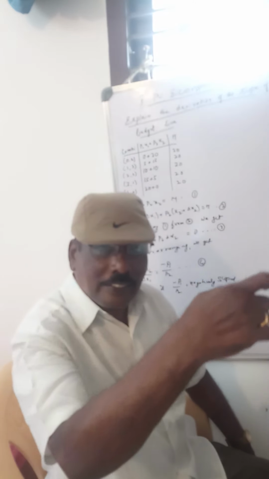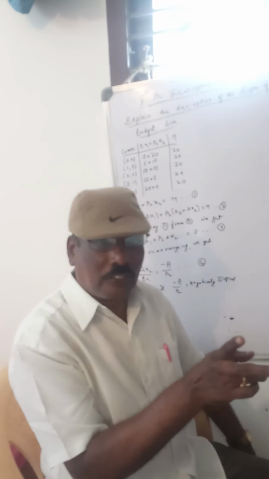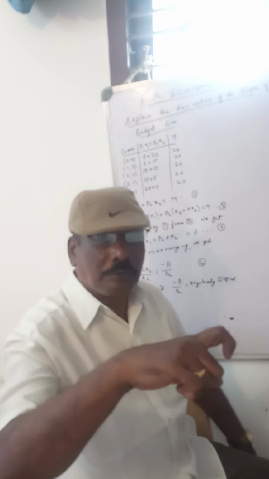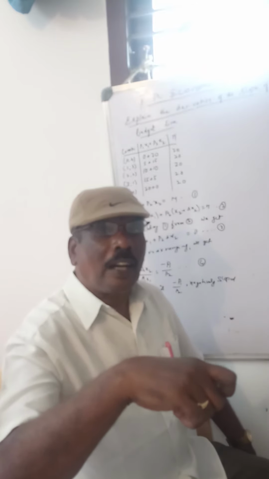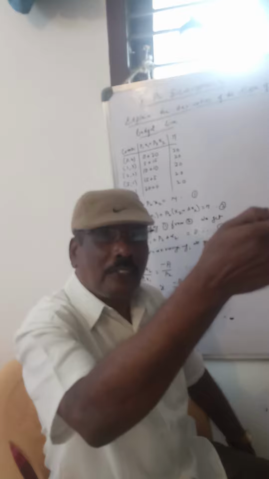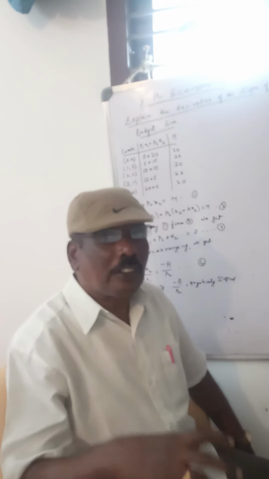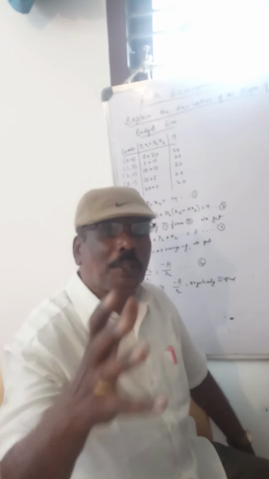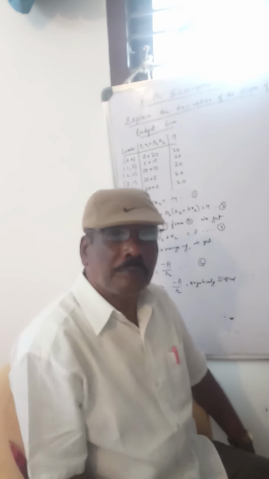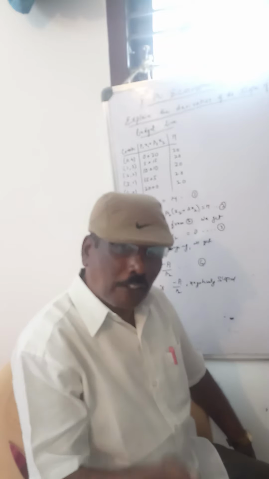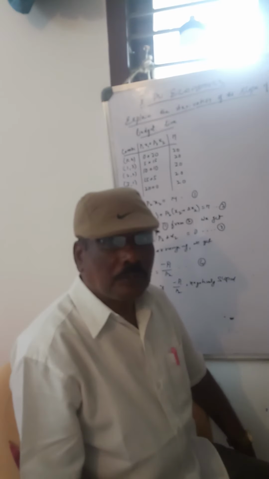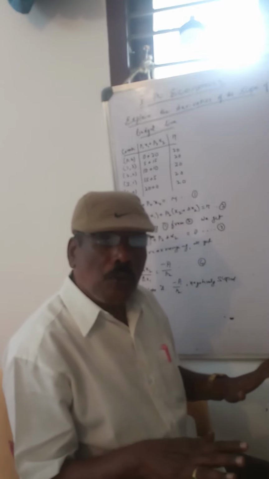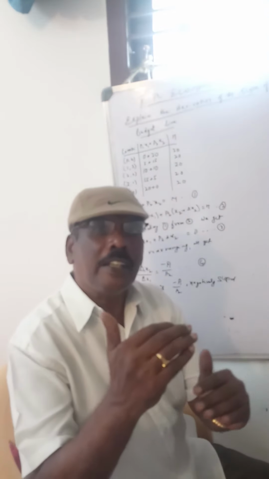Budget line is a line which touches both the axes, x-axis and y-axis, but the indifference curve doesn't touch, and it is convex to the origin. It's not concave to the origin because of diminishing marginal rate of substitution, DMRS. That will be made known after this class. Anyway, today we should know how to derive the